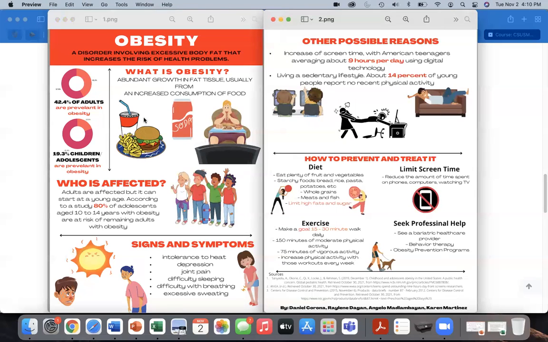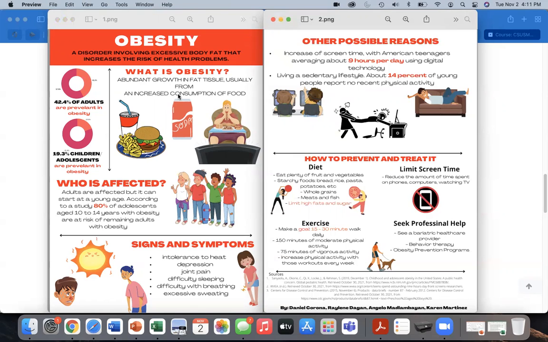Some of these graphics are good, but they might be offensive. So make sure that you are looking at the graphics clearly, and hopefully not anyone is going to be offended by them. This title here, what is obesity? That's great, but the look of how this is laid out, with the word from on its own line, it just doesn't look right.